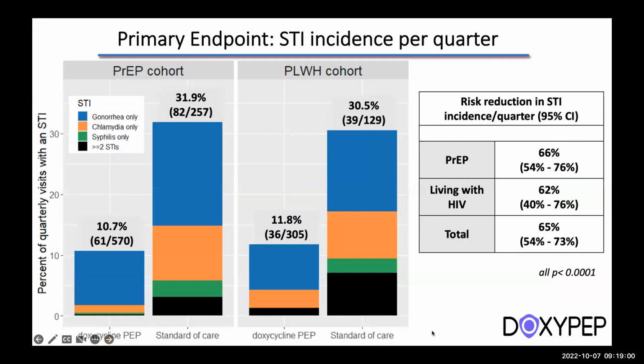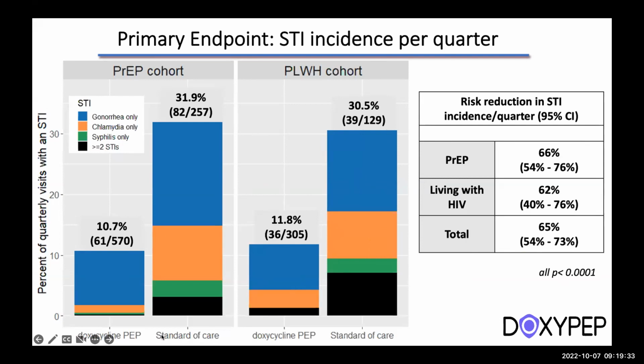So getting to the primary result, we found a reduction of almost 2/3 in both cohorts, and I'm showing you here the data side by side for the 2 cohorts. In blue is gonorrhea, incident gonorrhea cases, orange chlamydia, green is syphilis, and in black at the bottom is having more than 1 STI per quarter. You can see that it was a very big reduction, and you can see that we saw it